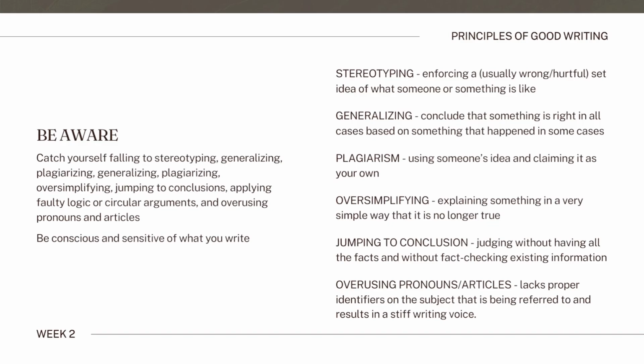We should consider not only the topic, but also the people reading it. We also have to consider the people being represented in our writings. When it comes to writing, social empathy and awareness is needed. A good writer shows sensitivity in how they present their information and are also conscious of the people reading their works. So to differentiate each of the things that we have listed below in the definition, stereotyping is the enforcement